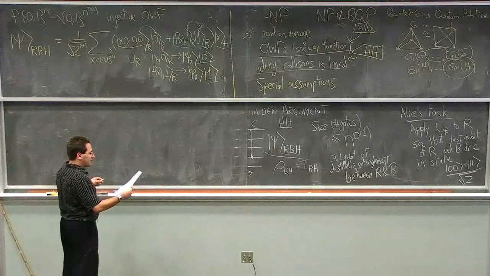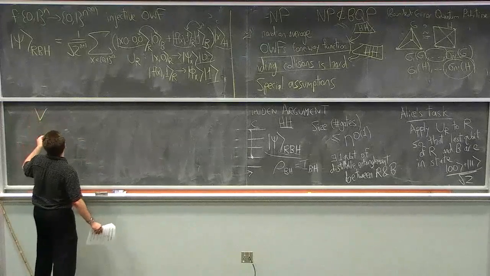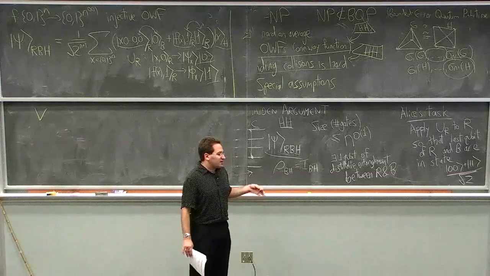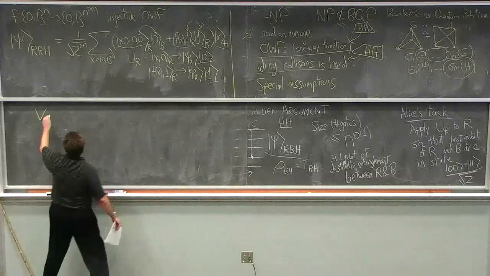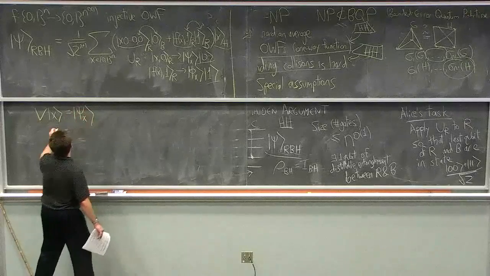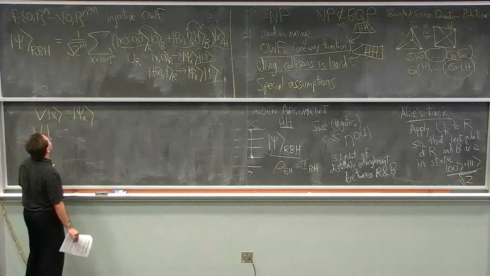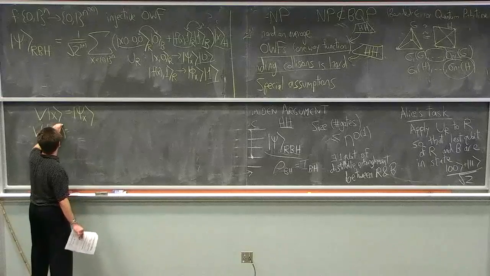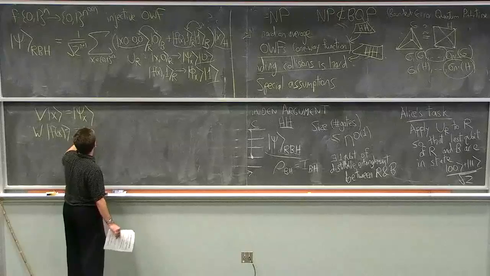So let's just do this. Because of this, I can just say, let V be the unitary transformation induced from U by fixing the last qubit to 0. So V is a unitary that maps each x to psi sub x. Certainly we know how to apply that, just fix the last qubit to 0. Then let W be the unitary transformation obtained from U sub r by fixing the last qubit to 1. Then W, which we also know how to apply, maps f of x to phi sub x.